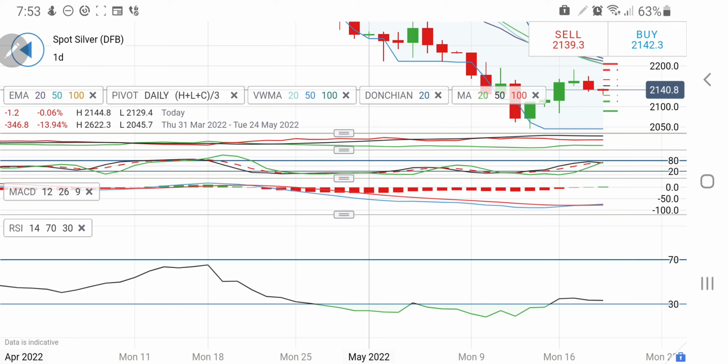On the downside, if it breaks below 2130, one can expect it to give you a sharper drop towards 2115 and 2100 levels. In fact, it can try to drop below the 2100 level also. So one can remain short below 2130, remain long above 2150. That is the call for the day.